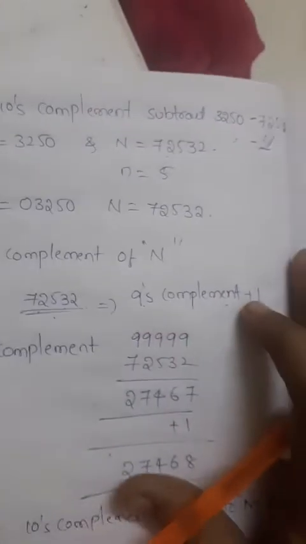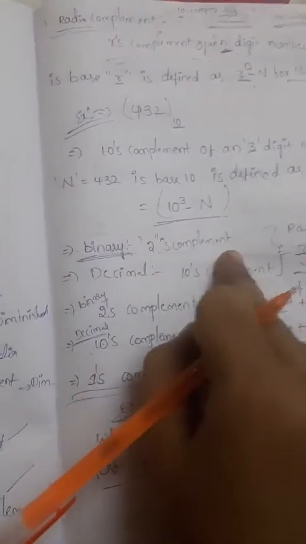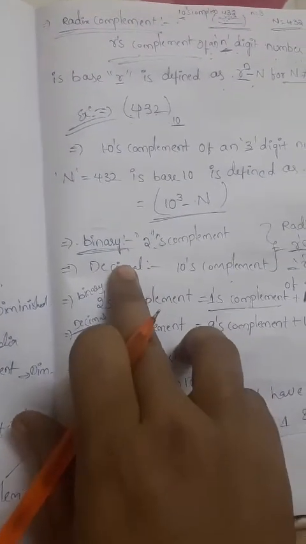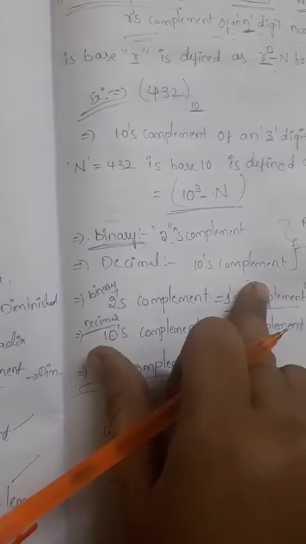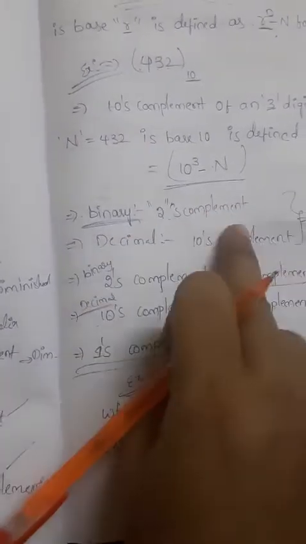Okay, so now the tens complement is completed in the radix complement. Another method in the radix complement is the 2's complement. In the radix complement we have only two complements, that is the 2's and the tens complement. The tens complement is completed, so now we go for the binary conversion, that is the 2's complement. So the second complement is the 2's complement.